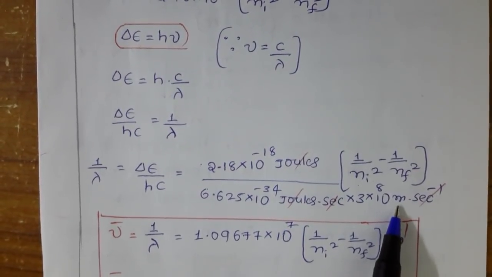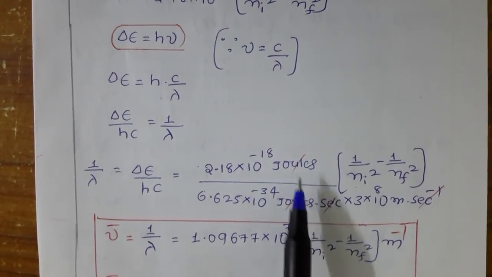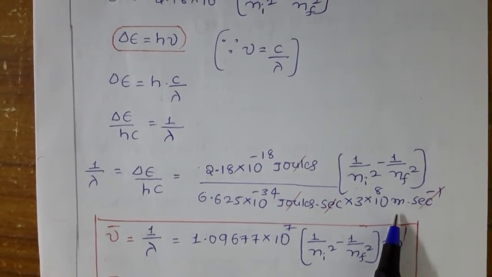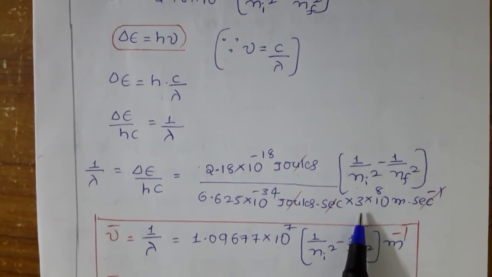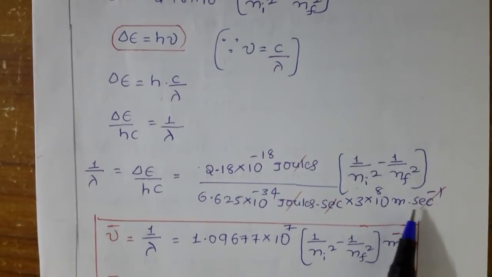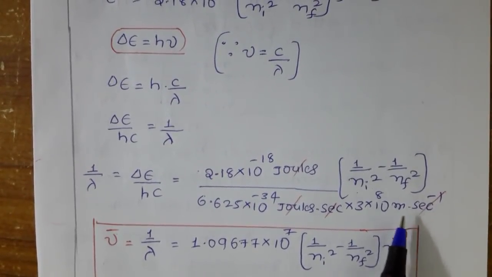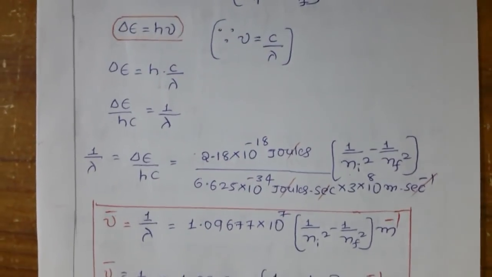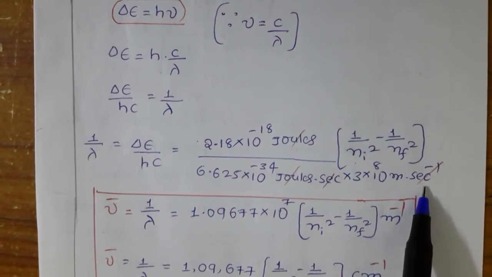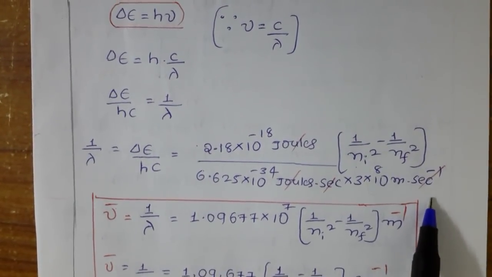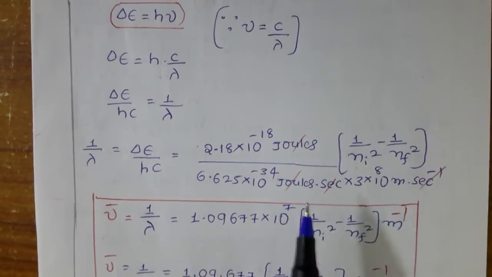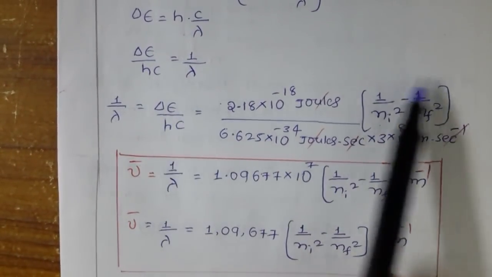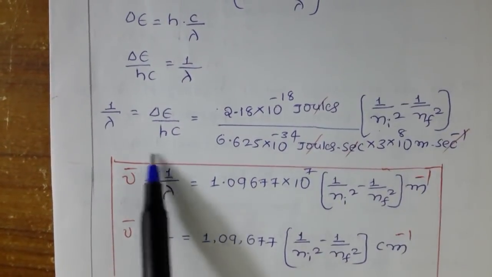The velocity of light we also have in two systems, meters and centimeters, isn't it? Just now we said these are in MKS, so the velocity of light should also be in MKS. The value of C we take is 3 into 10 to the power of 8 meter per second. Why? Because velocity means distance by time. Now just see the cancellation of units. Second inverse will get cancelled, because second inverse means 1 by second. So second and 1 by second will get cancelled, and joules will be left.